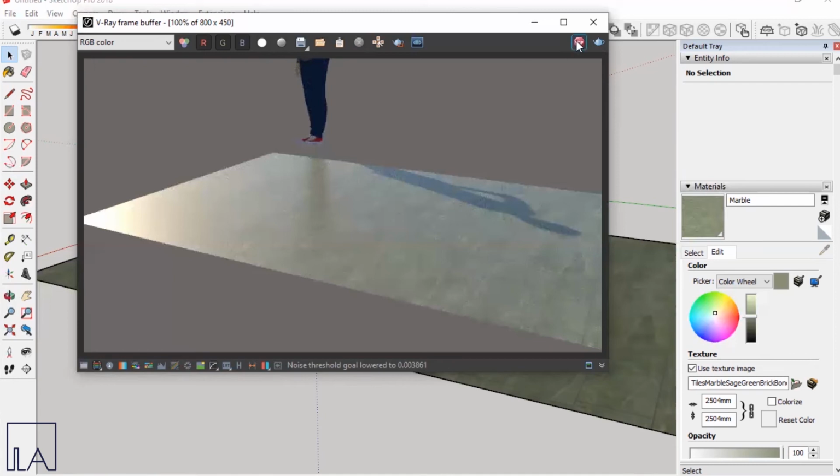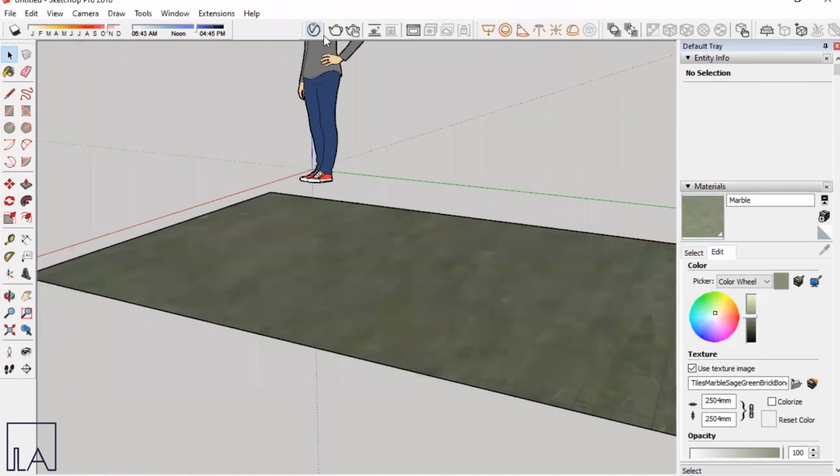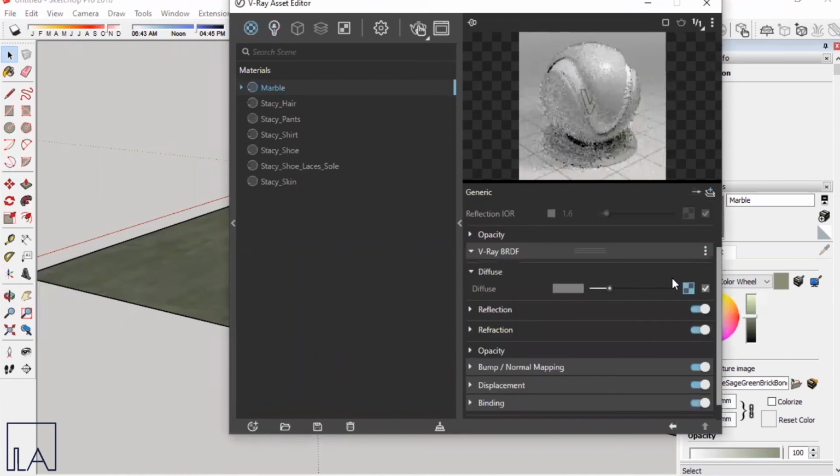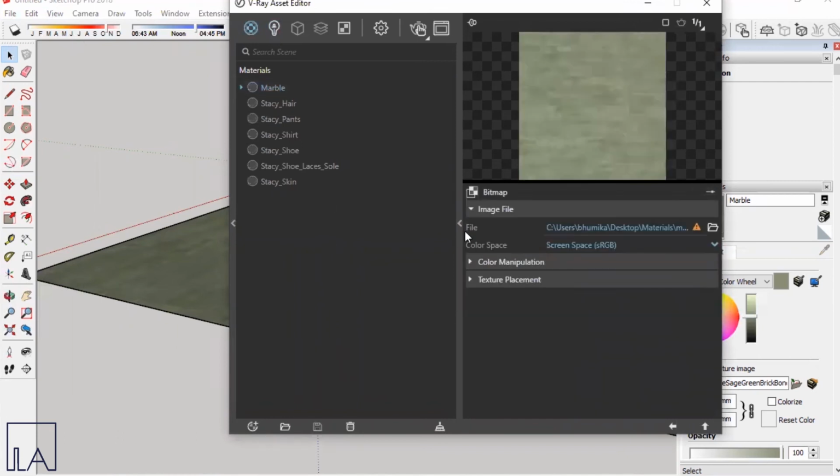So I'll just stop the render and we'll open our asset editor, choose the material list and open the settings of the material. Here, go down to your diffuse map and just check the texture over there. And in your file location, you see a message which says that the material is not being found. So by this, we understand the importance of your maps folder being placed along with your materials. If you don't have the maps placed at the same location where you have your materials, you will not get a good output of your material which is being imported.